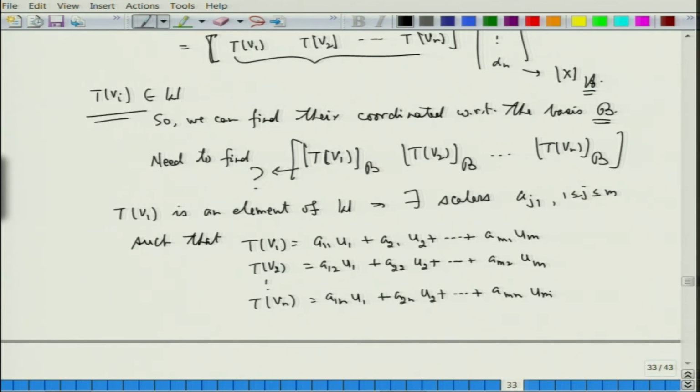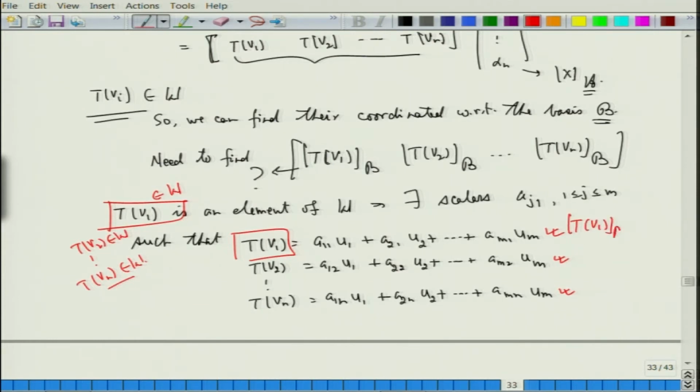All right. Understand what we are trying to do? What we are trying to do is T of V1, this is an element of W. Similarly, T of V2 will be an element of W. Each of these T of Vn, they are elements of W. So I am writing them as linear combinations of basis vectors. Fine. Once I have done that, then I can think of T of V1